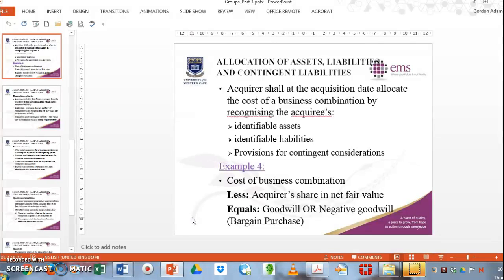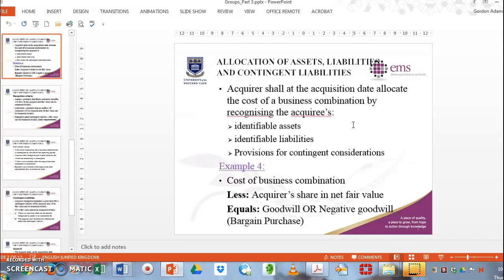So, the acquirer shall at the acquisition date, allocate the cost of a business combination by recognizing the acquiree's identifiable assets and liabilities. We won't deal with provisions for contingent considerations, okay? But the point here is basically that the parent company needs to identify and measure all the assets and liabilities of the company being acquired,